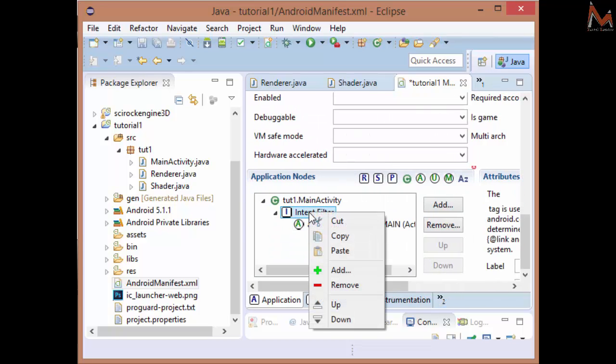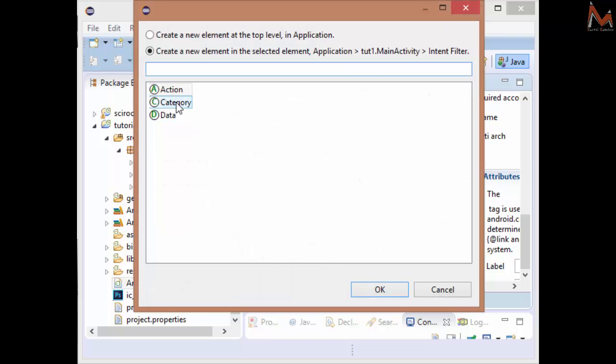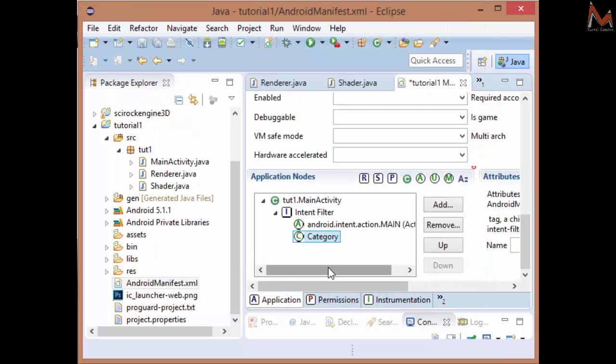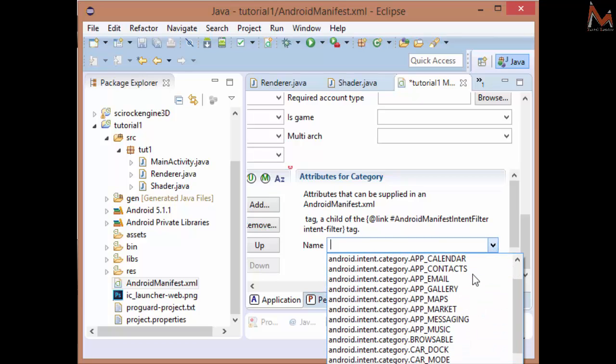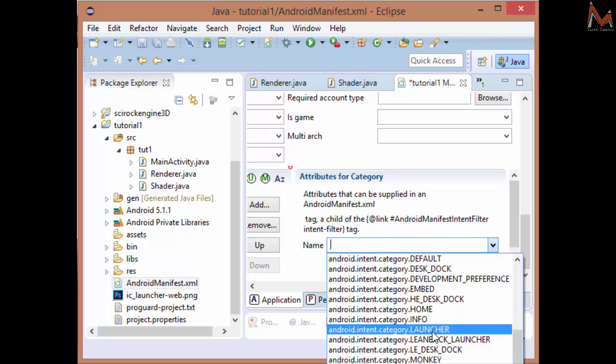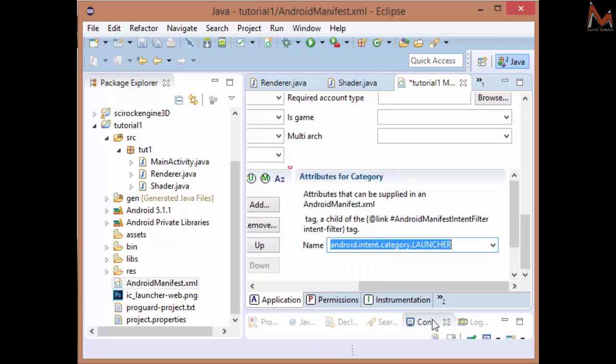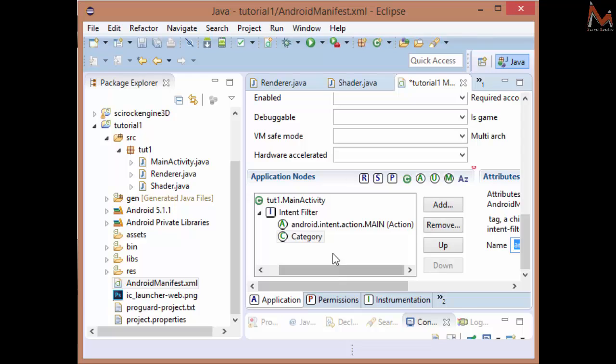And then we also need to add a category, and this will be launcher. So find android.intent.category.LAUNCHER. Once you have this and you save it, you should be able to launch your application on your device